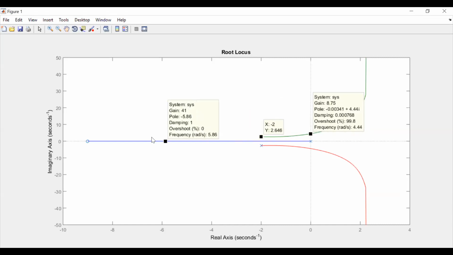And here if we check, at this point the gain was 0, and as it proceeds, it meets the 0 here, and you see the gain is infinity. At minus 9, this root locus will meet its 0. It starts from this pole and ends at the 0, whereas these two start from this pole but don't find a 0, and will meet a 0 at infinity. So they will go on along the asymptote.